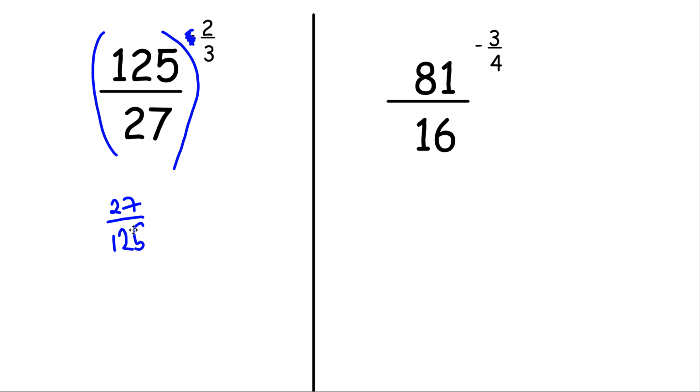So now what we're going to do is find a third of 27. We're going to power 27 by a third, and we're going to power 125 by a third as well. Okay, so if we power the top and the bottom by a third, not very clear writing because I'm losing connectivity. So we've got 27 to the power of a third, which is 3. I've got 125 to the power of a third,